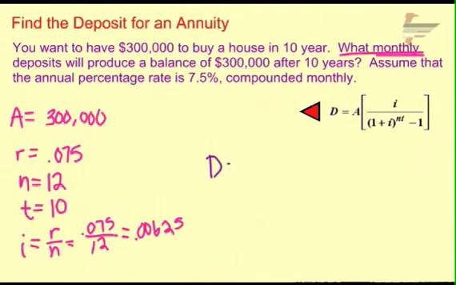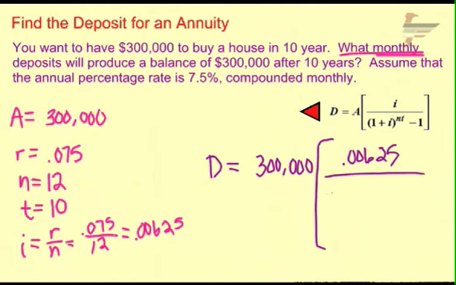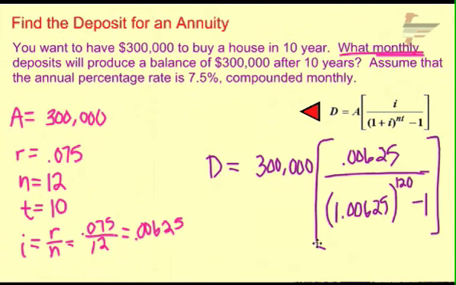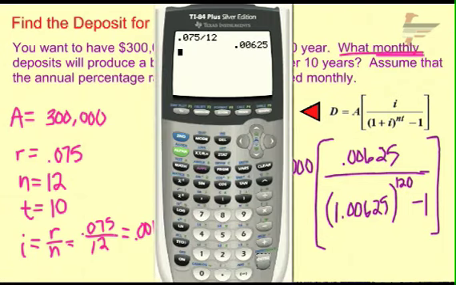So our deposits are going to be equal to our 300,000 goes out front. The I value is that 0.00625. We're going to divide this by 1 plus the I value, so 1.00625, raised to the N times T, so 12 times 10, or 120th power, and then we'll subtract 1 off of the N. So I'm going to do this all on a calculator